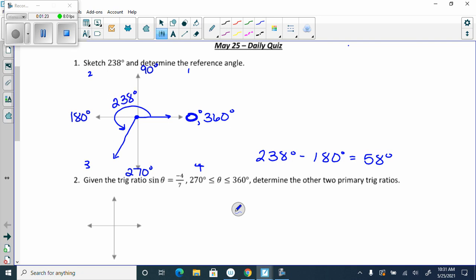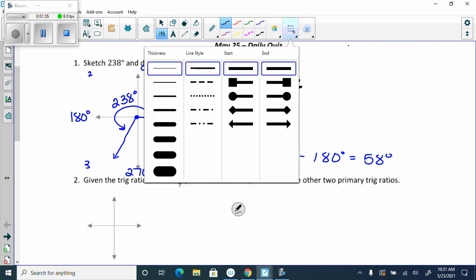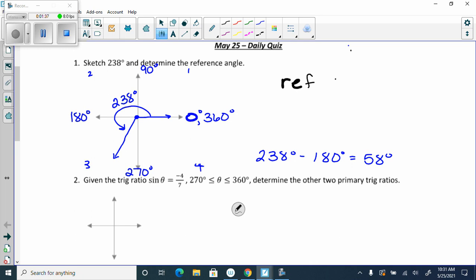Now, when we're in quadrant 3, how do we get the reference angle? Anyone remember? Yeah, you just minus 180 from it. Whenever you're in quadrant 3, you always minus 180. So reference angle, we're going to go 238 minus 180. So it's 58 degrees. So that question would technically have 2 marks, one for the reference angle and one for the